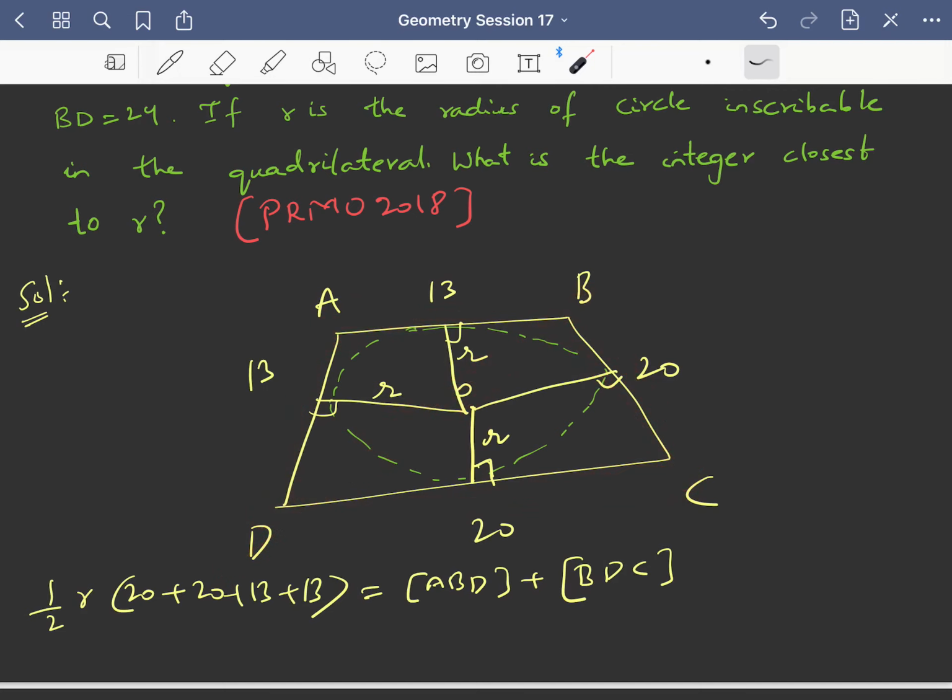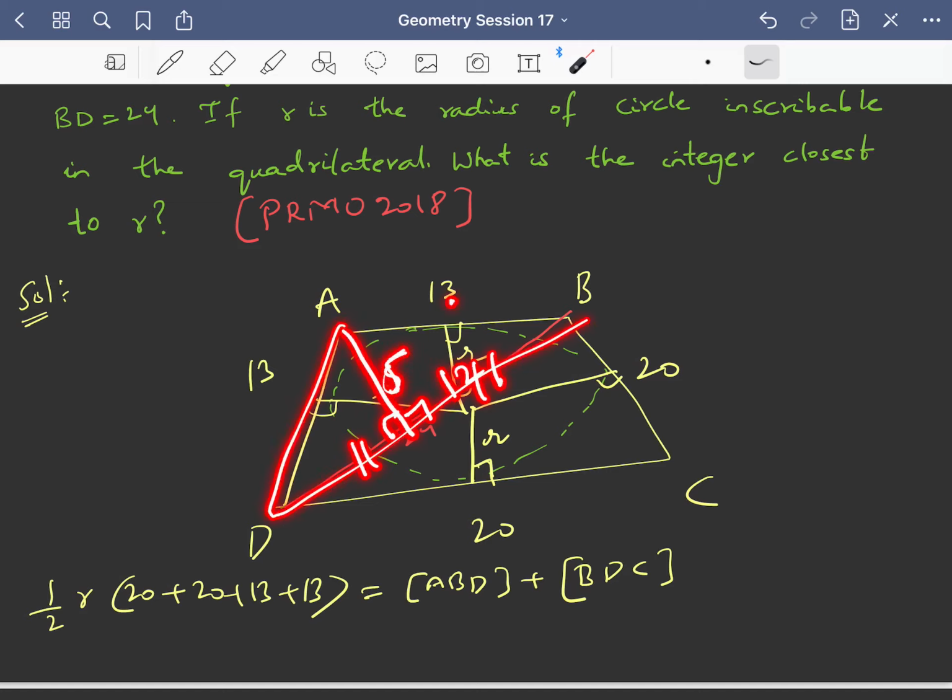Now you are already given the length of BD as 24, right? So you know the length of BD, which is equal to 24. Since you know the length of all three sides of both the triangles, you can use Heron's formula to find out the area of the smaller triangles. Also you can notice that these two triangles are isosceles, right? Now if these triangles are isosceles, then if I drop the perpendicular, this will bisect it. So this is 13, then this will be 12, so this would be 5.